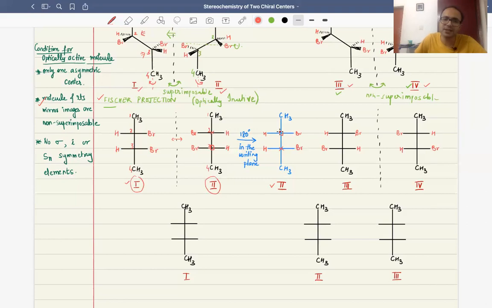So if we see, this particular Fisher projection formula is superimposable on the stereoisomer 1. Therefore, these two structures, that is 1 and 2, are actually the same molecule. So we have one stereoisomer less, the number of stereoisomers is reduced by 1, because two of the stereoisomers are the same. So I'm going to write just one structure here, that is H Br